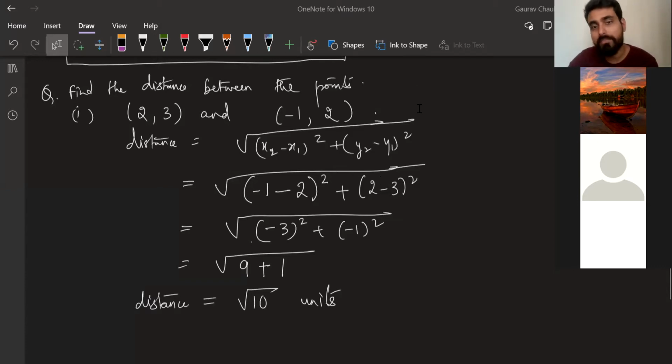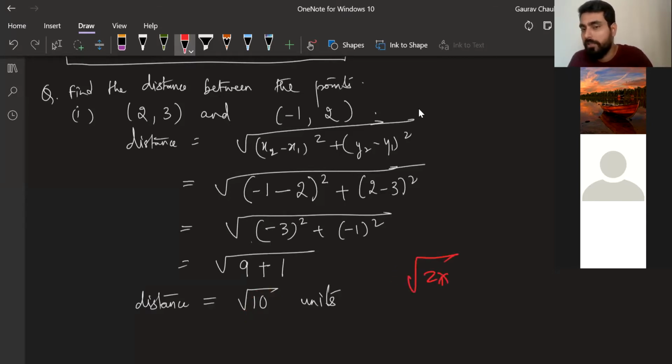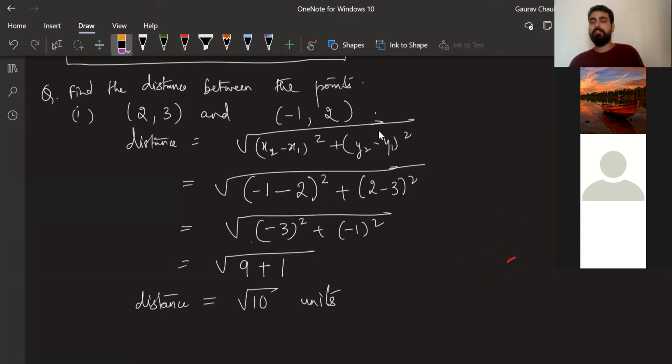Very simple. 10, we already know that it's not a perfect square. 9 is a perfect square. Next one is 16. Okay. So 10, you can't simplify much. Even if you do, you will get root over 2 into 5. You cannot take anything out. Generally simplify it to an extent, but you can leave irrational as irrational. If it's a perfect square or something can be taken out of this root, you take it out. Suppose it was 20 and not 10, I would have 2 into 5. So you can take out 2 root 5. In that case, you do this simplification and leave it, but no need to find root 5 and multiply and all that.